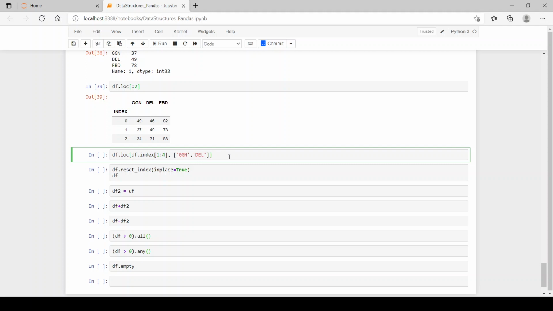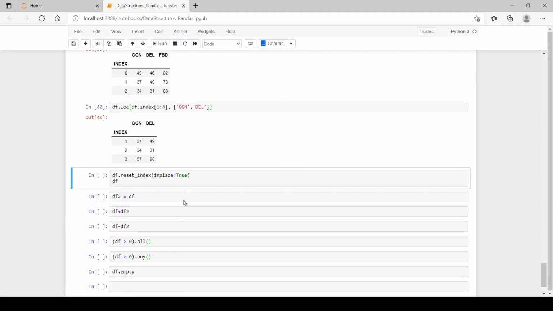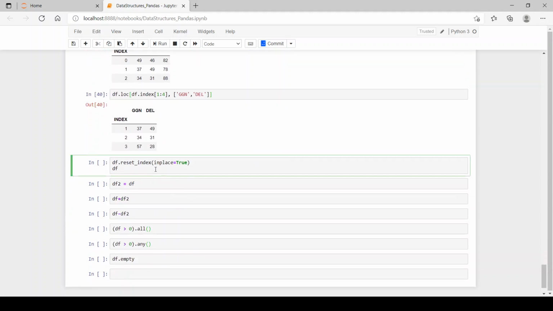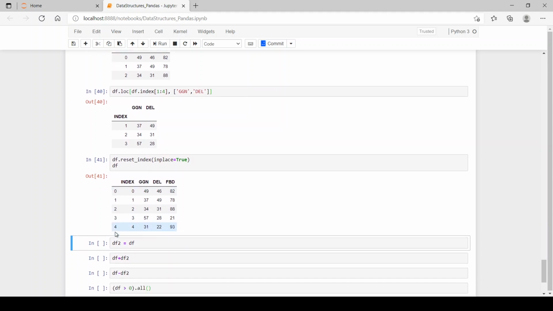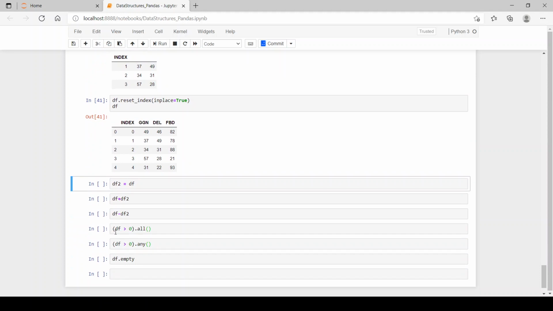Only we have the second, third and fourth row and Gurgaon and Delhi in our data frame like here. df.reset_index, we can also reset the index, and inplace equal to True means permanently reset our indexes to 0, 1, 2, 3, 4. Now we have our index column and the rows are reset to their original values, which are 0, 1, 2, 3, 4.